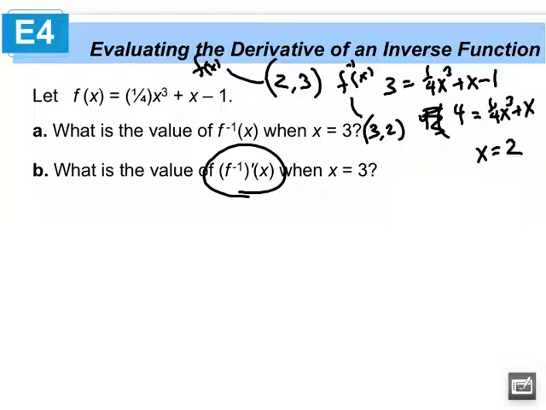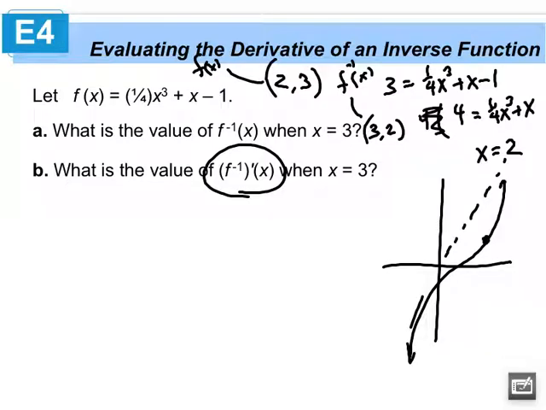I'm going to propose this. If I've got this function, whatever that looks like, it's some type of cubic, and I've got the point (2,3) on that cubic, then when I take its inverse, I'm going to get this other point over here. That's the point (3,2). My graph is way off, but you get the idea. Therefore, if I calculate the slope of the tangent line here,